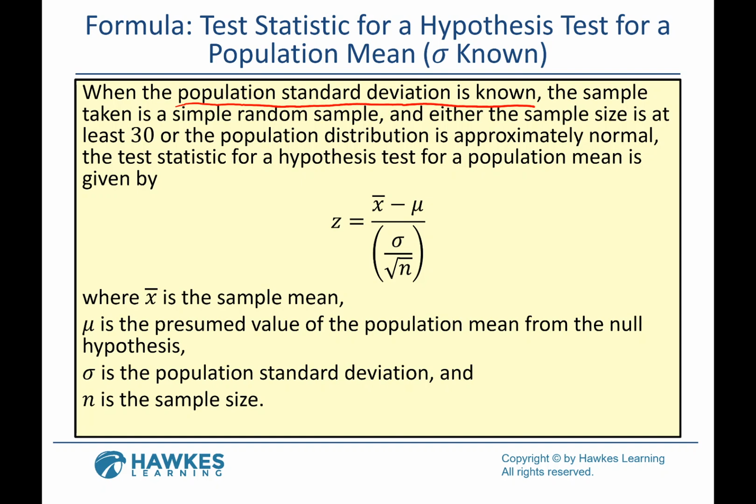So I said mu is special. Mu is the population mean. We don't actually know the population mean. If we did, we would not be doing a hypothesis test. But the number that we use for mu here is the number that we're assuming to be true as we do a hypothesis test, and that is the number from our null hypothesis. So whatever our number is in the null hypothesis,